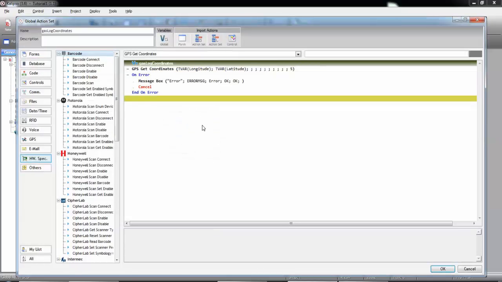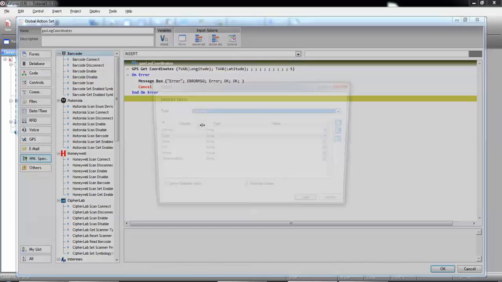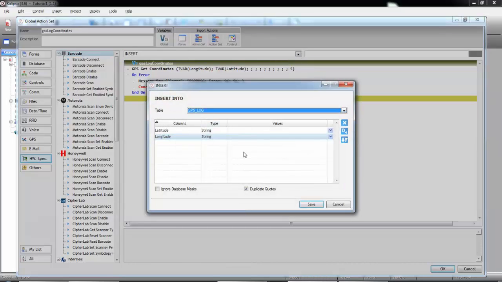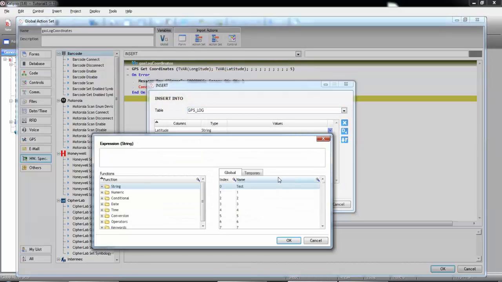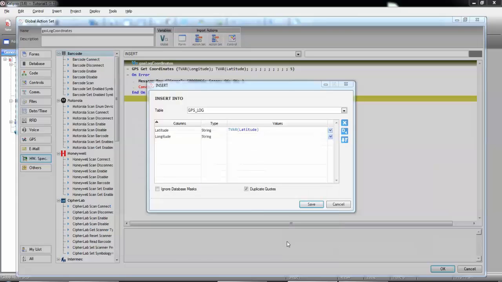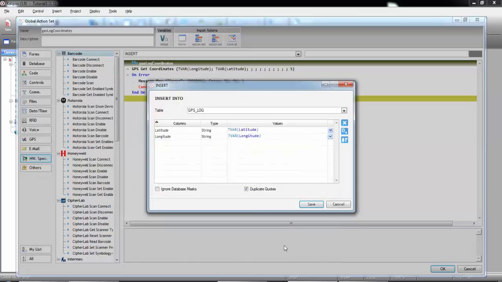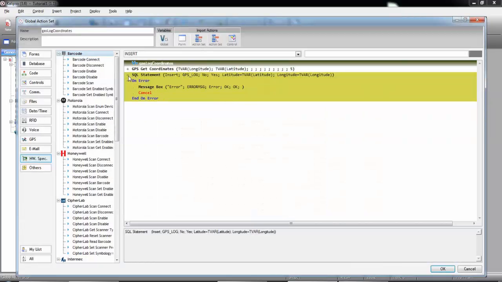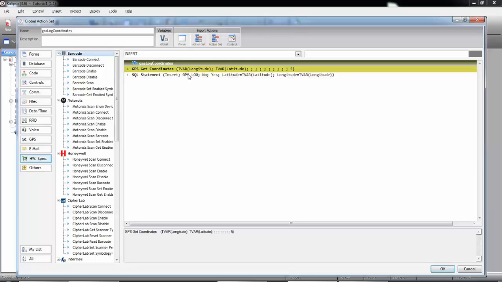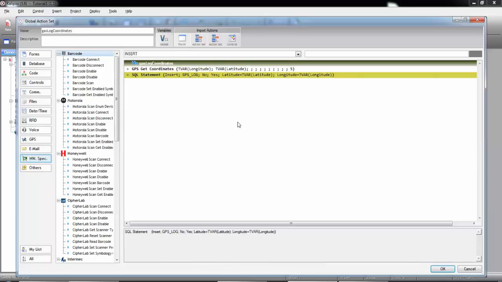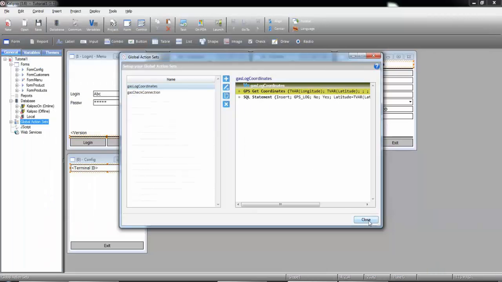and now do an insert. So in the GPS log, we want to specify latitude and longitude and save. Okay, we can collapse all the error management, so we get coordinates and we save it in the log. All we have to do now is, in the opening of the form,